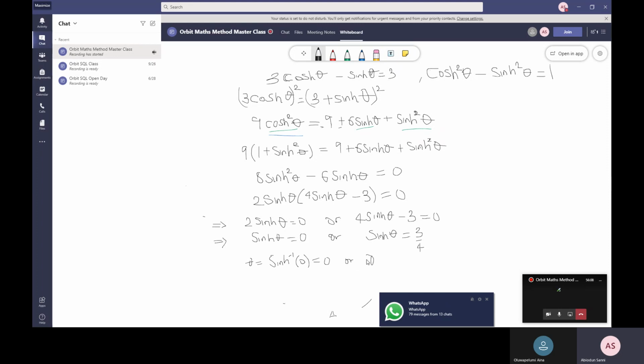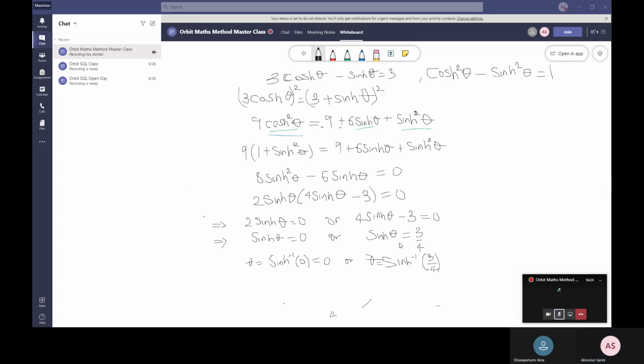So theta is equal to this thing. Theta here is going to be arc sin of 3 over 4. So you can use a calculator to find this. All right, now, quite easy. So this part, is it clear? Can I move to the next part? All right, very good.